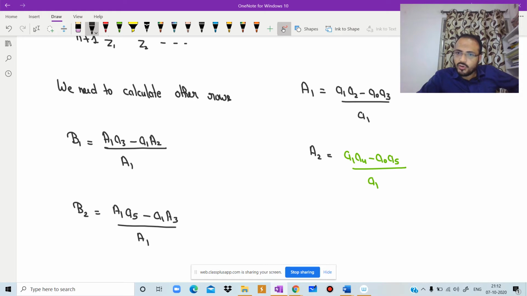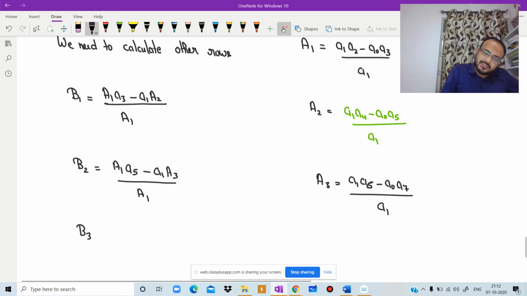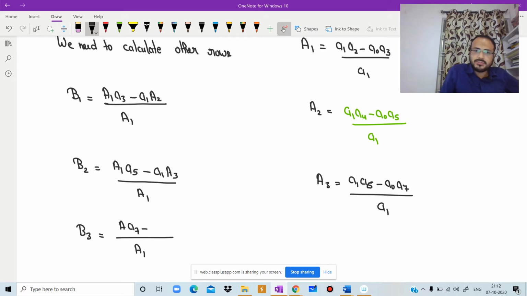And you can just analyze. Here A1, A2, A4, it means A6, A3, A5, A7. So if we want to calculate B3, then in this order, A1 will remain same. At the place of A6, A1 A6 minus A1 A7 divided by A1. In similar manner, you can generalize the things. B3 is equal to A1 will remain same, 3, 5, it means A1 A7 minus A1 A5. But mostly or maximum, you will get up to 3 or 4 order in exam, not more than that.